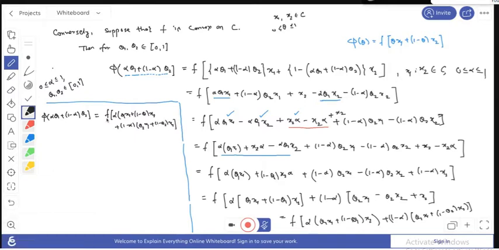Okay, and since this function f is convex, this implies